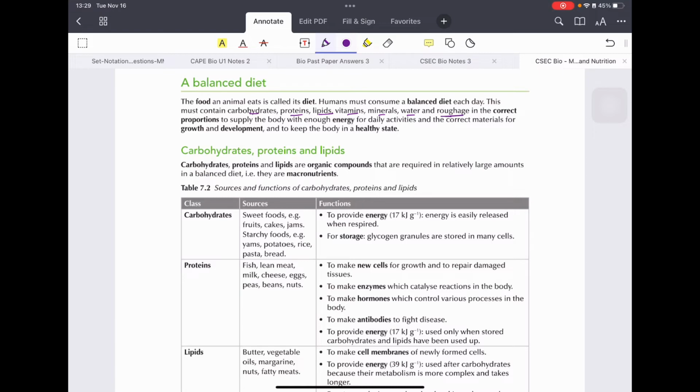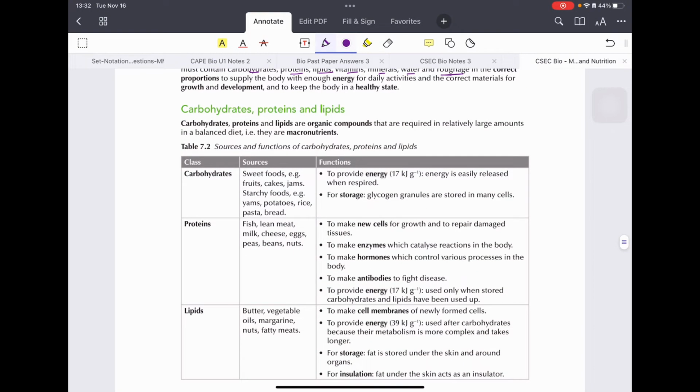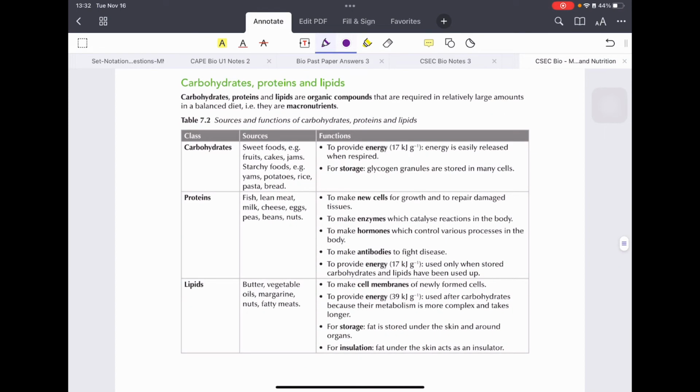And how many do we have? 1, 2, 3, 4, 5, 6, and then 7. So that's important there. So let's take a look at the carbohydrates, proteins, and lipids. Lipids are basically fats. So these are three very main